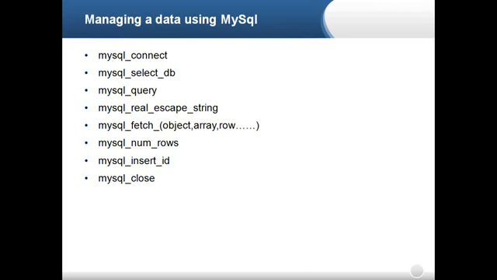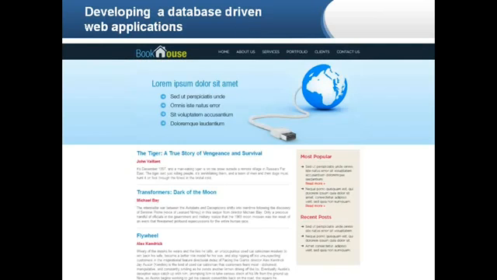mysql_close. Whenever you open a connection, you need to close it to protect your database and your server as well, because if there are too many connections, it is going to corrupt your database as well. So these are a few functions of the API which we will be using. I thought I'd first introduce you to the functions, and then we'll see them when we start with actual development. This is one kind of template I'm ready with.